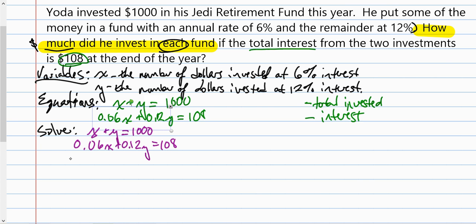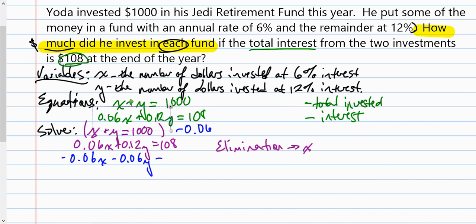It's not going to be a terribly cumbersome elimination, though. And I want to eliminate x. So I'm going to multiply my top equation by negative 0.06. So what I will get is a negative 0.06x minus